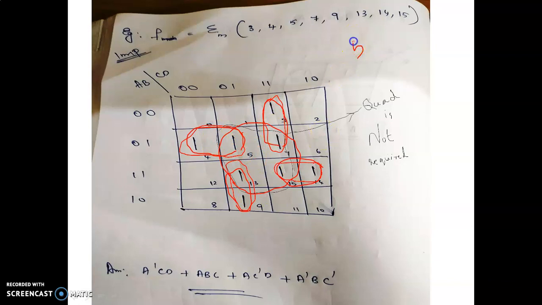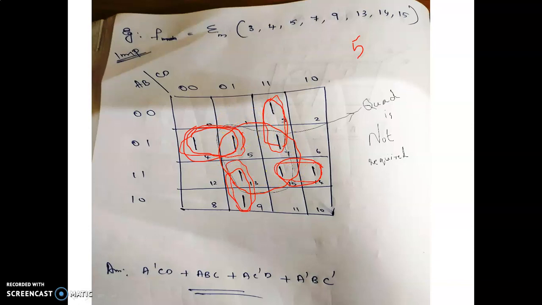Now check what happens when you group like that. When you pair this one with this one, and this one with this one, this one with this one, and this one with this one, all the middlemost ones are already grouped. This one is grouped with this one, and this one is grouped with this one, which means that the quad is not necessary there, because when you put a quad there, that is a repetition of the grouping, which is already grouped once.